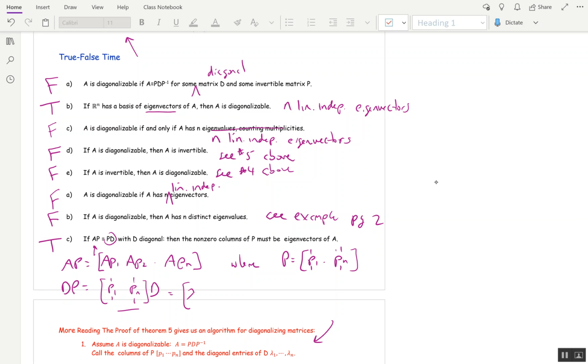So this is going to be lambda 1 P1 through lambda n Pn, where the lambdas are the diagonal entries of D. And then if you set each column of AP equal to each column of PD, AP1 is lambda 1 P1. Since P1 is one of the non-zero columns of P, we're assuming